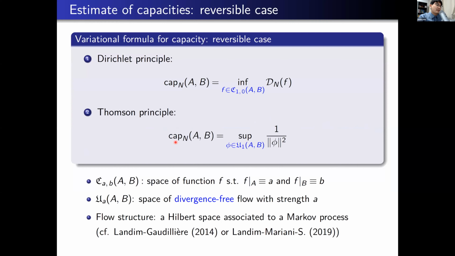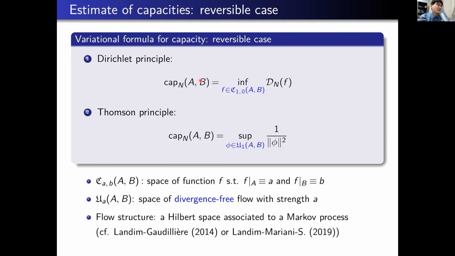Next, we have to estimate the capacity, but there is a standard way to do that. For example, you can represent capacity as a minimum of the Dirichlet form over a certain class of functions. So this minimization problem says that by taking any function in this simple space, by taking any test function, and by computing the Dirichlet form of that function, you can immediately get the upper bound of capacity.